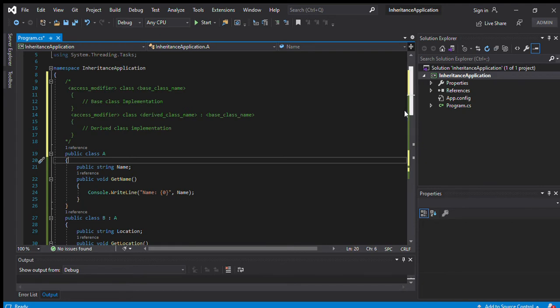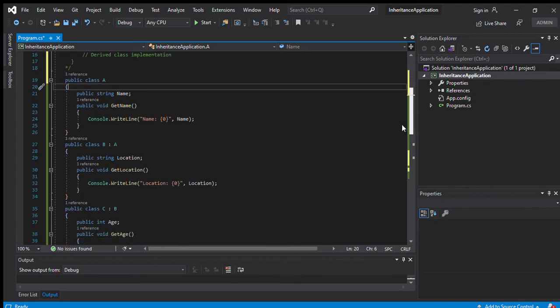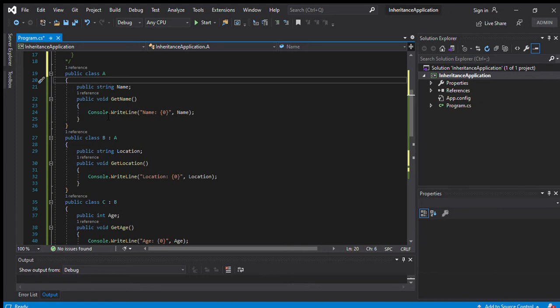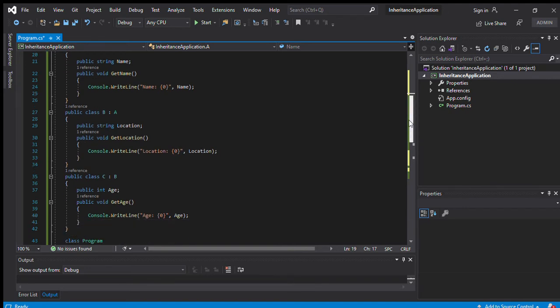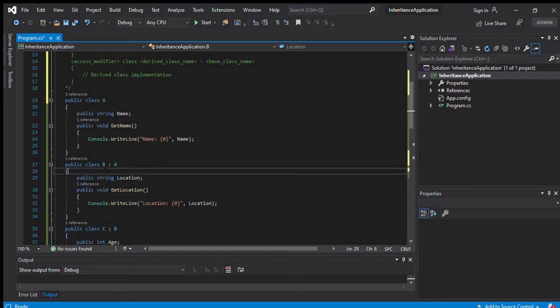In this example I am implementing inheritance. Here I declare one class, the class name is A, and then I declare a second class, the class name is B, which inherits from the A class.